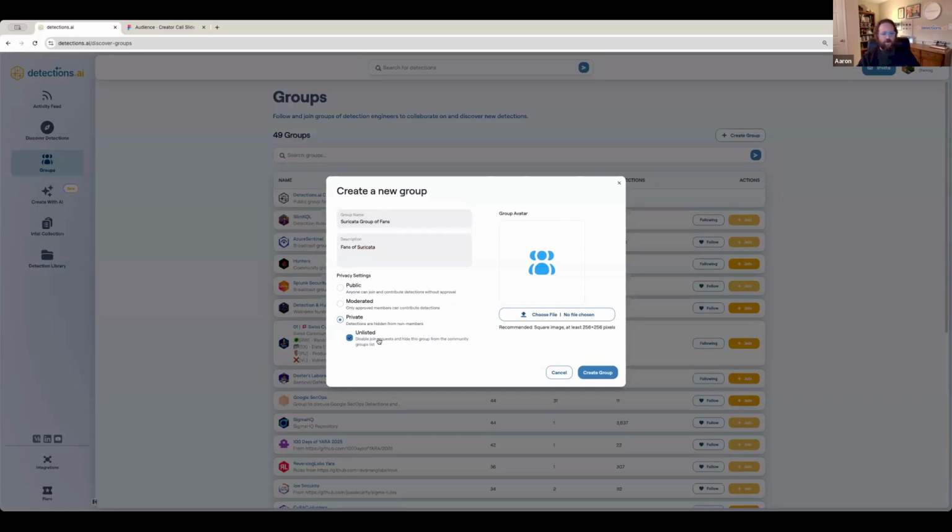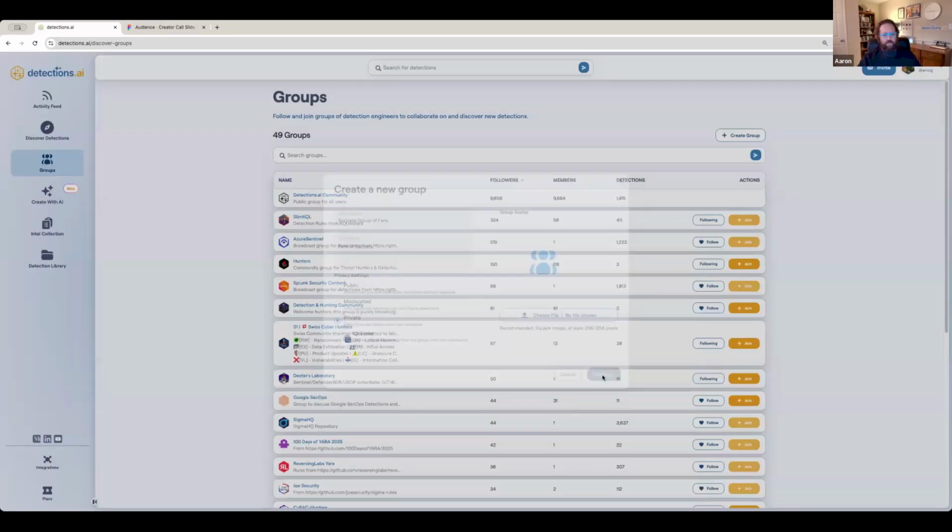You can choose whether or not you want to show up in the registry of groups. There are a bunch of private groups in the registry. You have to ask permission to join, and the moderator decides to let you in or not. If you have no interest in that process and you only want to invite people that you're already connected to, you just go unlisted. In that case, I'll do that as a use case here.